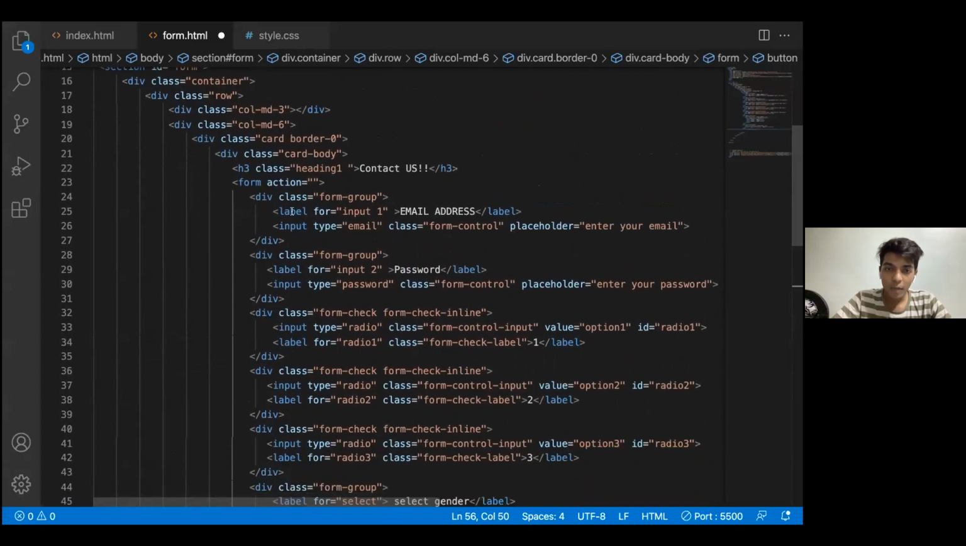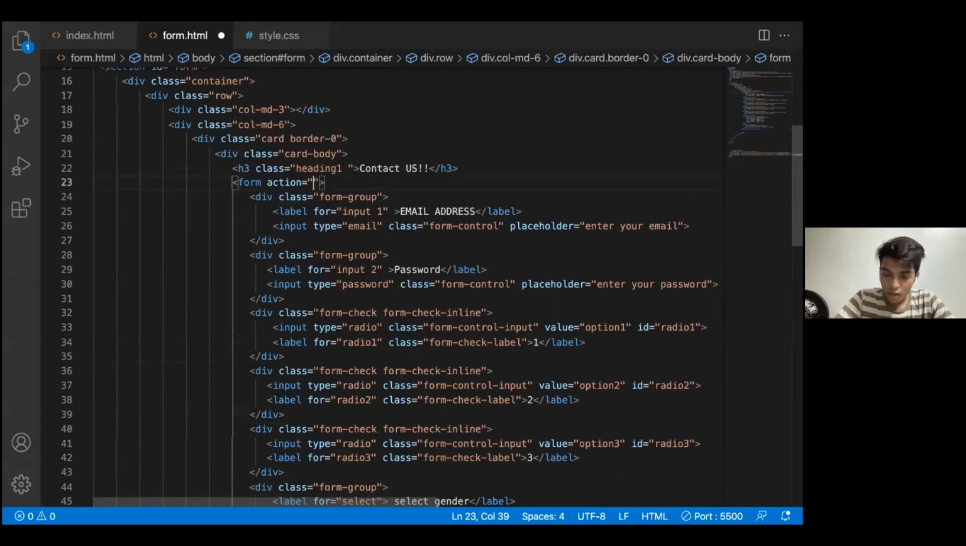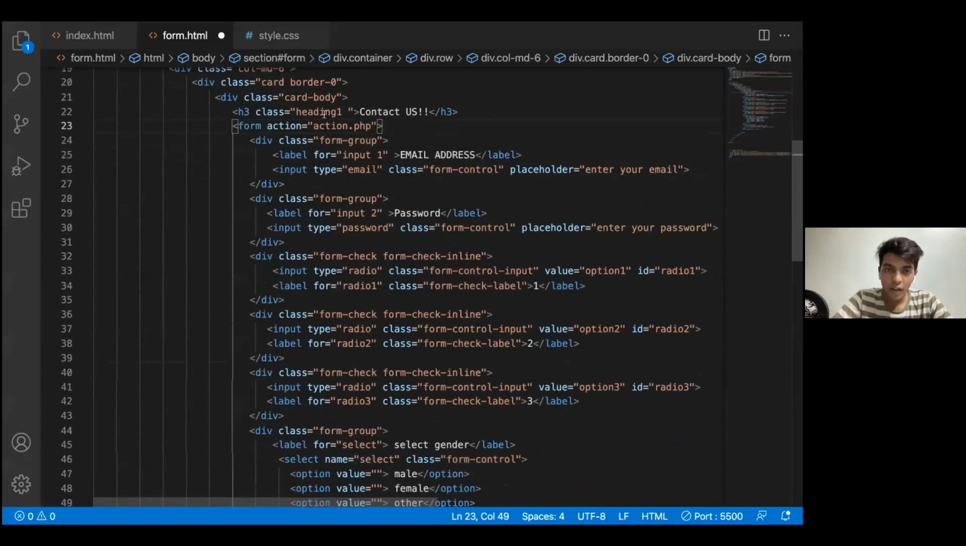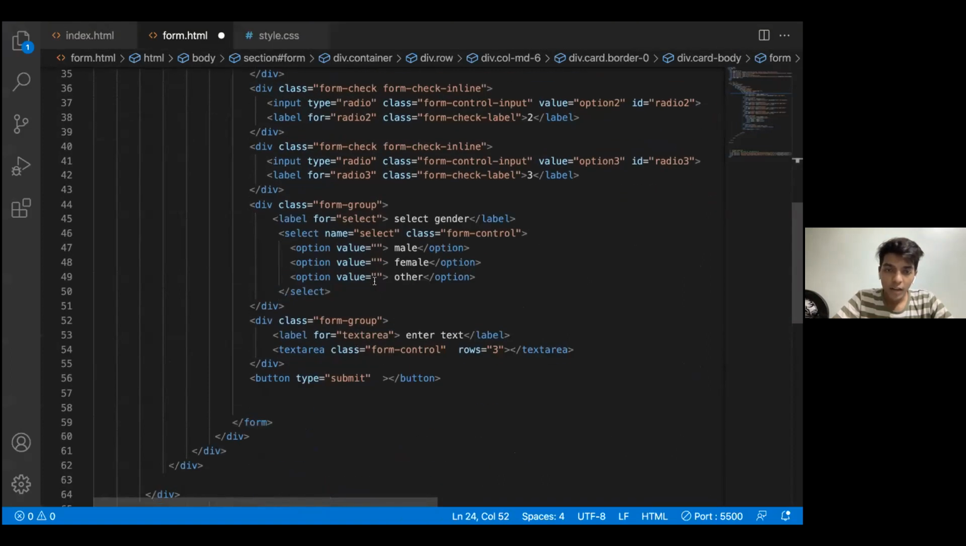So the form had some action. I'll be writing, we can say, action.php here. So when I submit it, the submit button would require action. On this part, whatever backend code I've written, it would look after that. So the submit button,